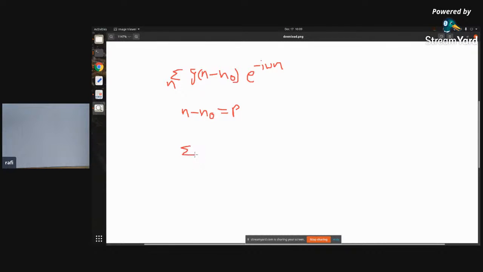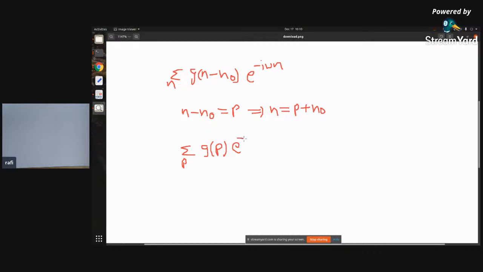Since the limits are from minus infinity to infinity, whenever you add some small integer value n naught to infinite values, you won't get much effect in this summation, since it is still minus infinity to infinity only. So from here n is p plus n naught, and this will be g of p